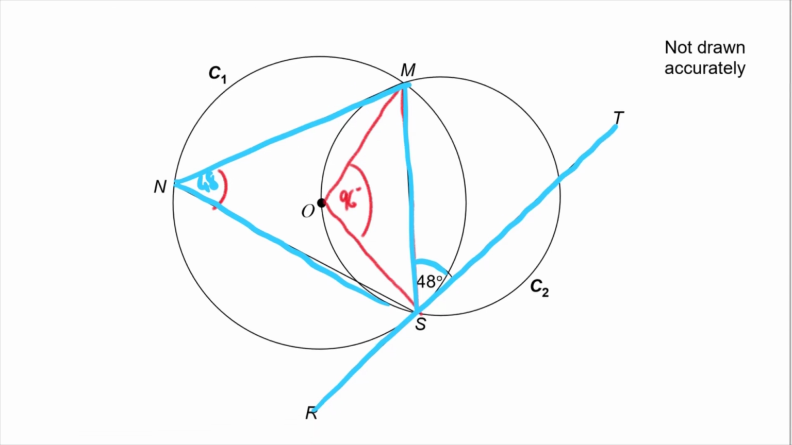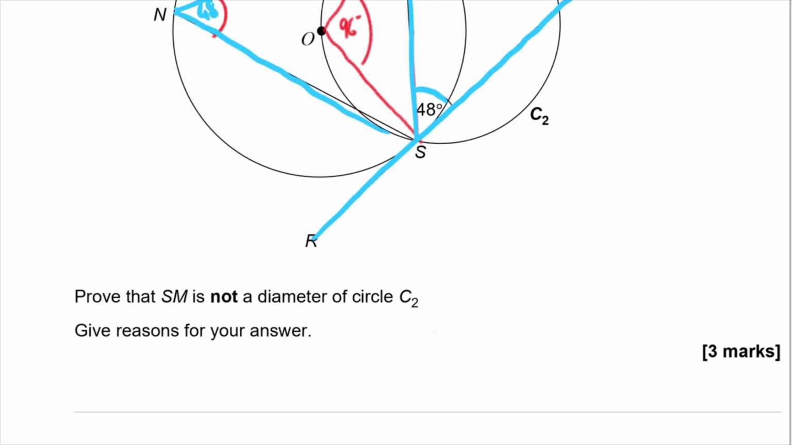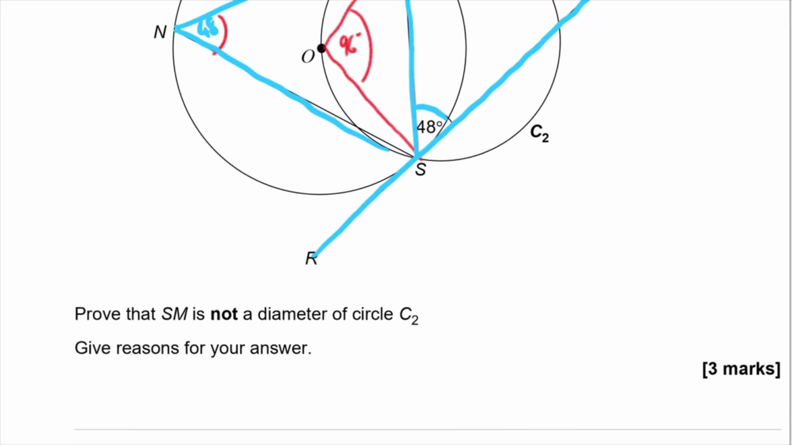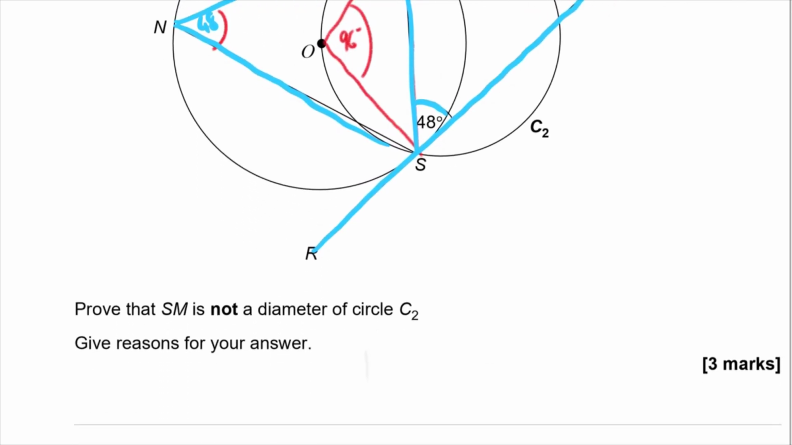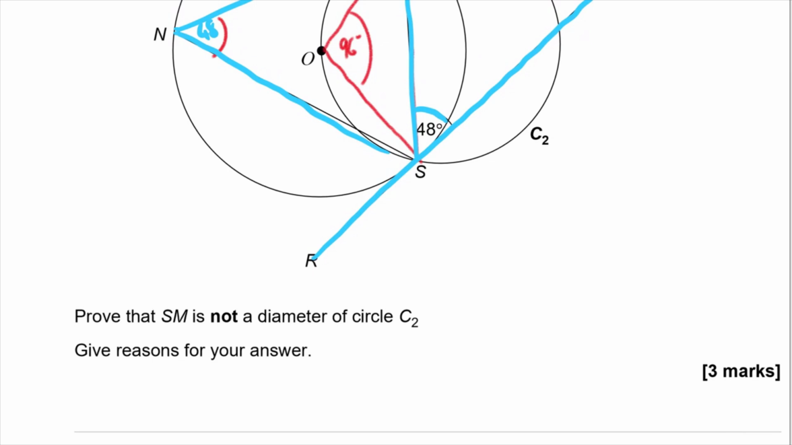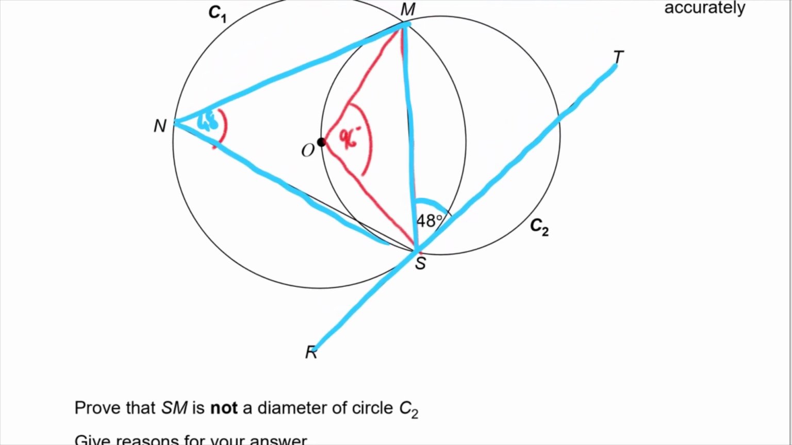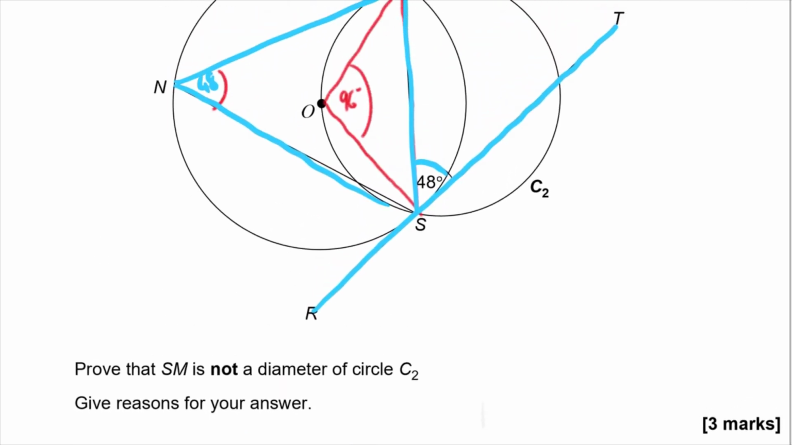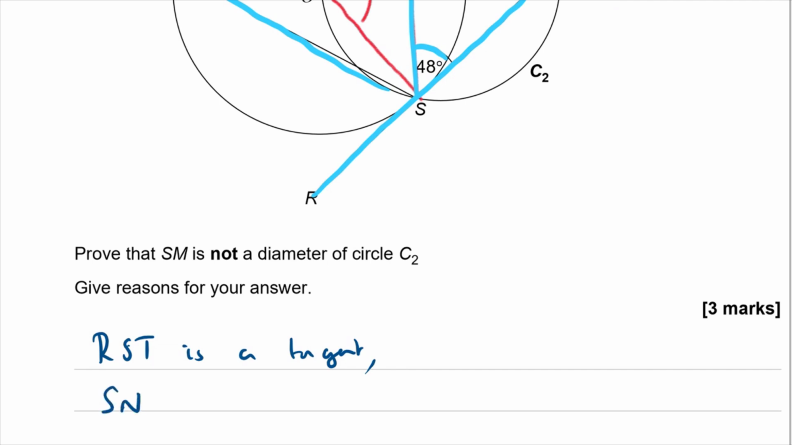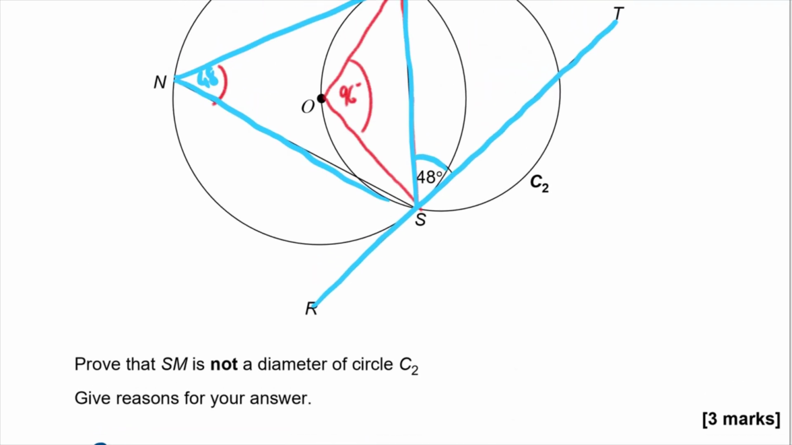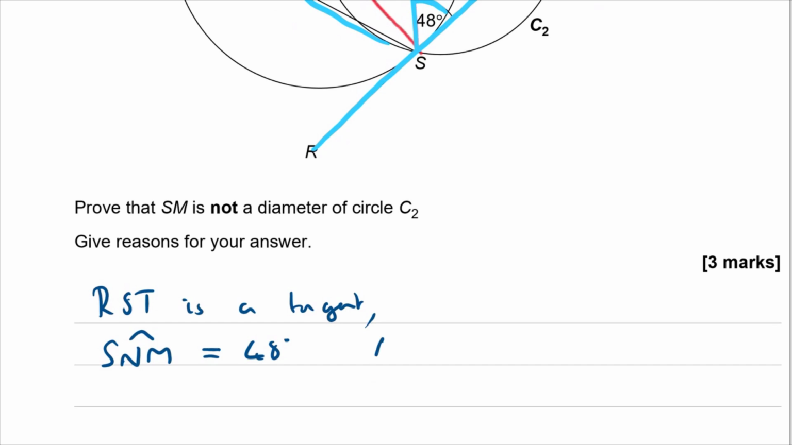Okay, so we need to write that all down now. So let's work backwards. Let's start with the tangent and working out what the angle at N is. RST is a tangent, and therefore the angle SNM must be equal to 48 degrees because of the alternate segment theorem,